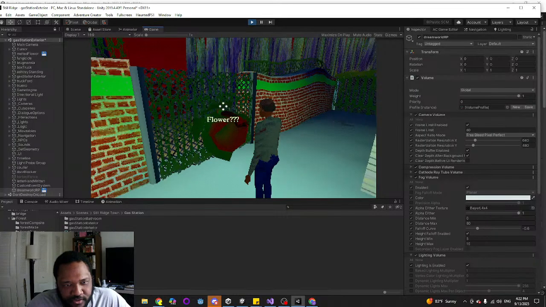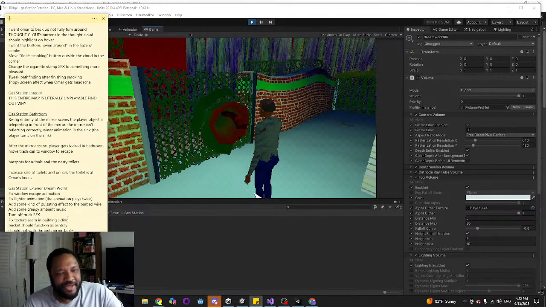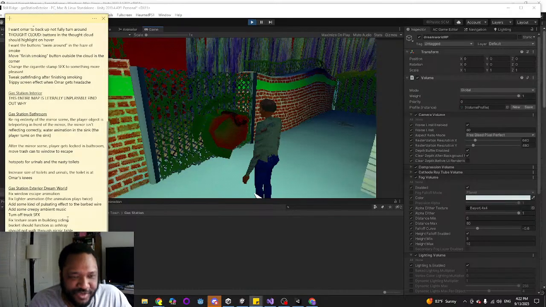Okay, alright, so the hand in the flower. A lot of things have broken since I last worked on this project. This is curious. The hand in the flower should be parented to the flower, so it copies its rotation.